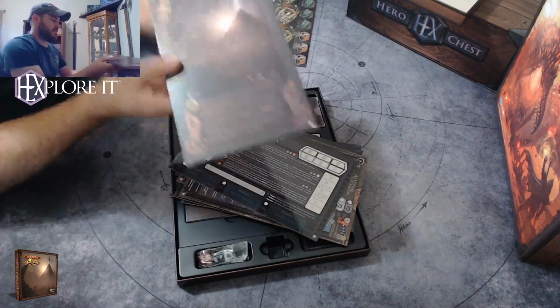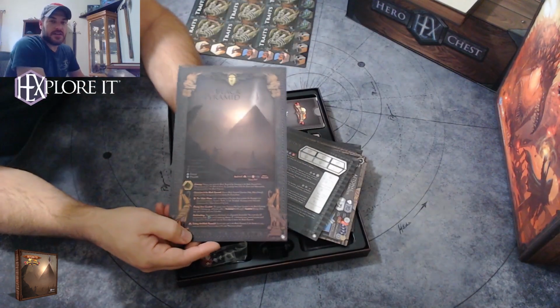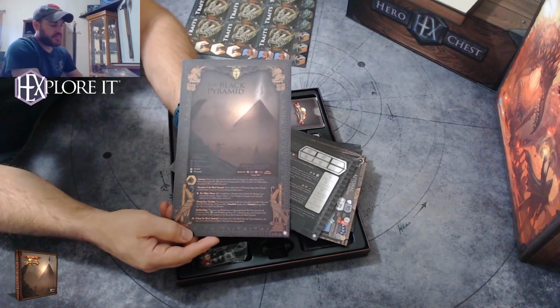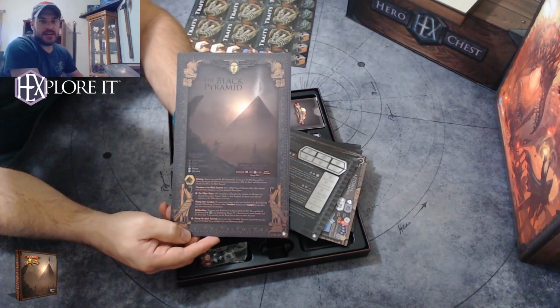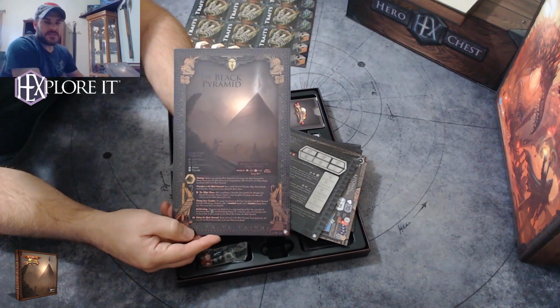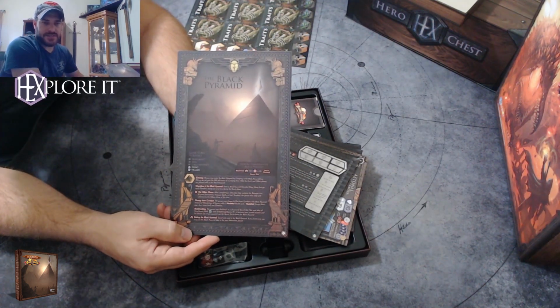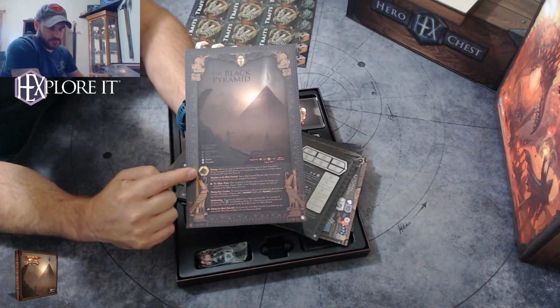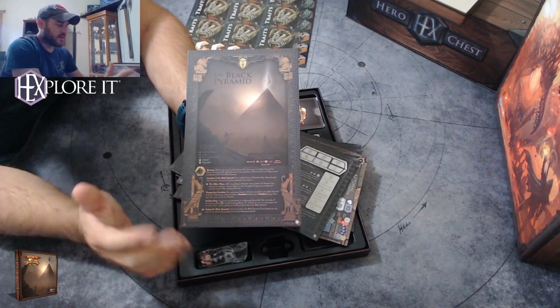All right, let's take a look. So this last card is our Black Pyramid. And the Black Pyramid is a location that you're going to find on one of the hex tiles, one of the larger map pieces. And it looks like this guy right here. I know it's kind of hard to see here, but